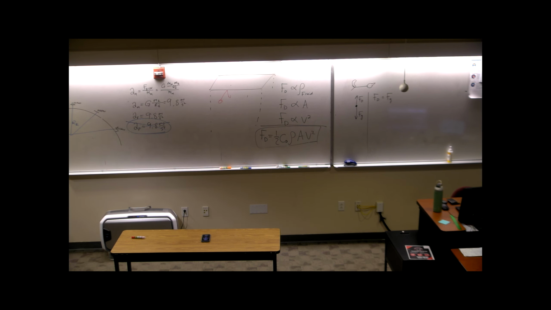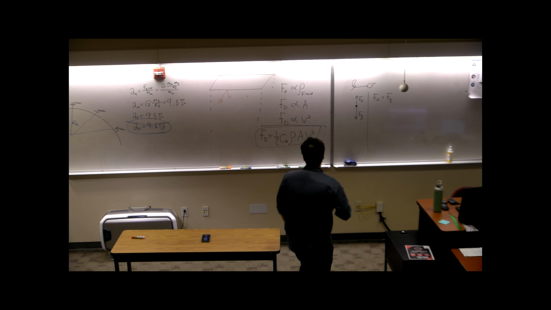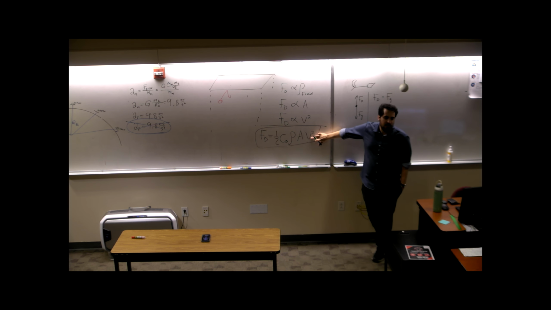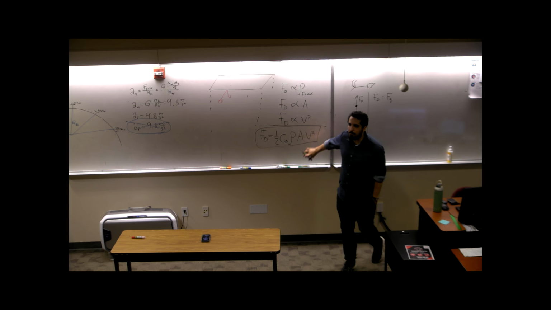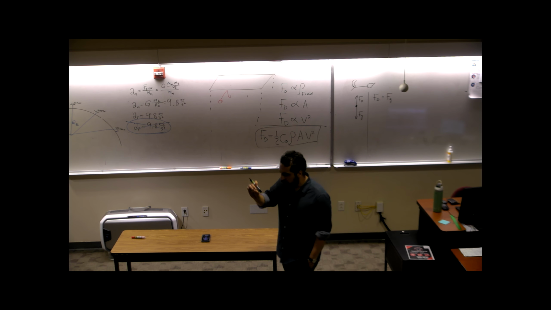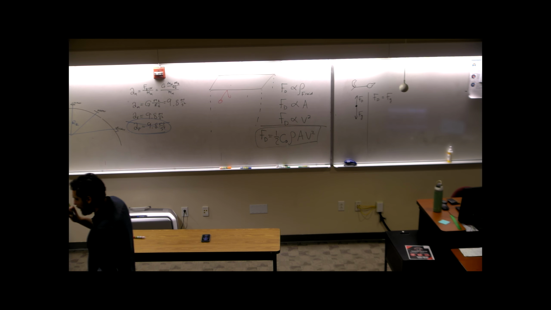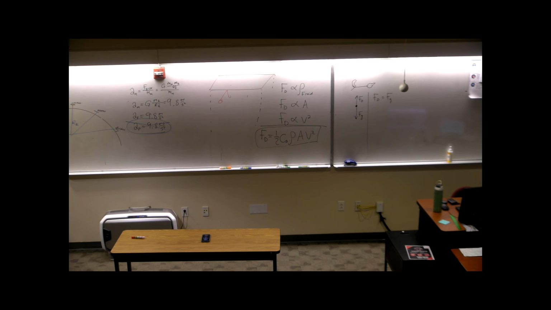And something interesting happens here, because when the drag force is equal to the force of gravity, what do we know about the acceleration? It's 0, because our forces are in balance. Our net force is 0. Our acceleration must be 0. And since our acceleration is 0, our velocity, does it increase, decrease, or stay the same? Stays the same. So that means we reach this point where our squirrel will stop speeding up and be at a constant